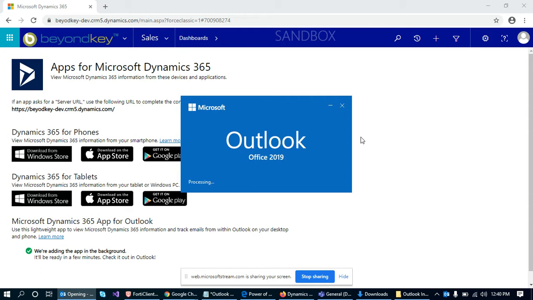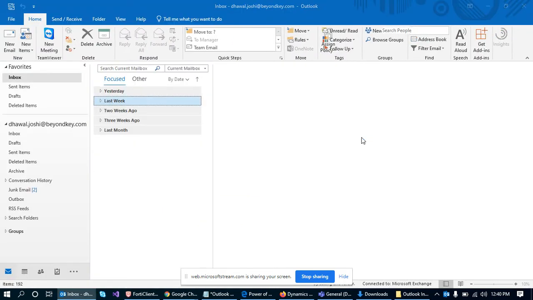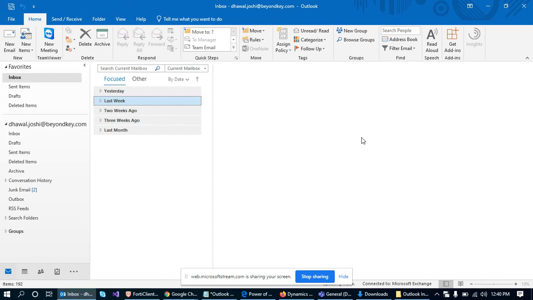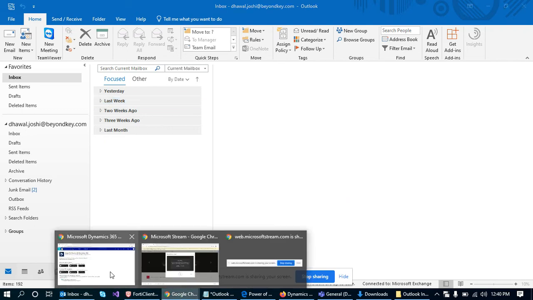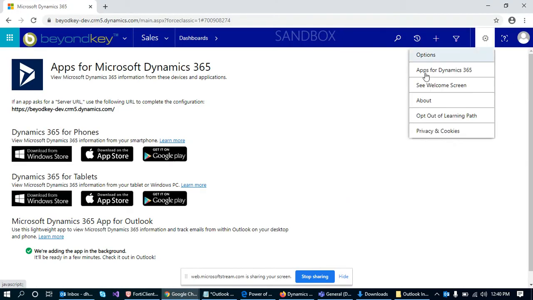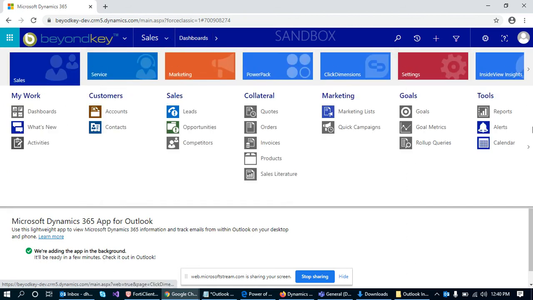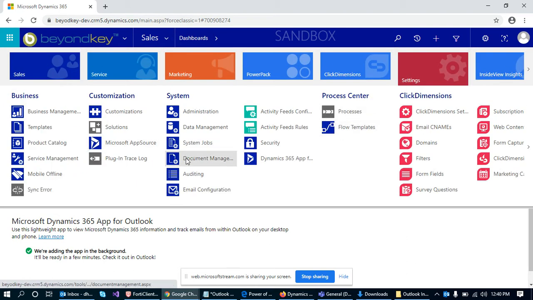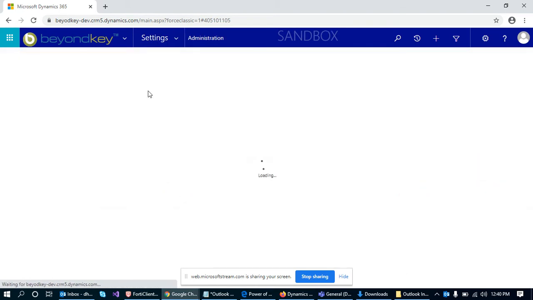As I was talking about the prerequisites for the Outlook app for Dynamic CRM, we will have to enable server-side synchronization in the CRM. As you already know, we can set that up by going to the administration.